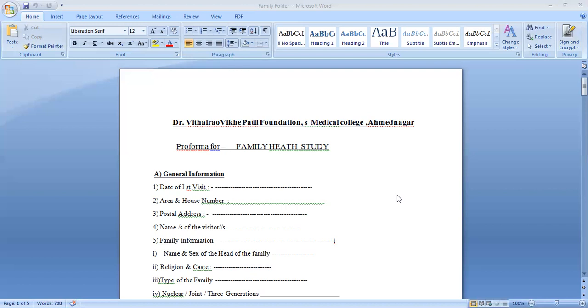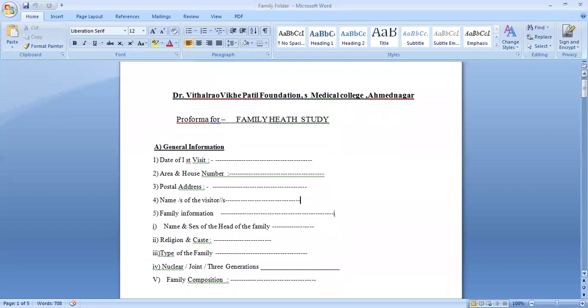So it is important to study the family composition in detail, which includes the details of the members of the family, the name of the head of the family, the type of family, and the details about the person who is the head of the family. So there's a fixed performa designed to do this study, and in this performa, as you can see here,